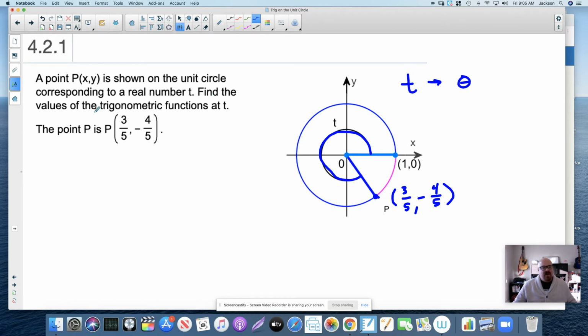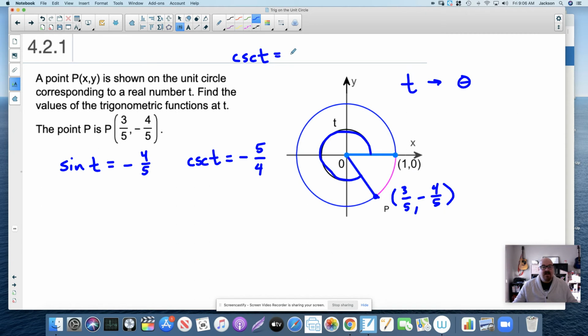So if we want to find the values of the trigonometric functions of t, this angle, we use the coordinates that fall on the unit circle for this angle, right? So you know that the sine of t is the y coordinate, which is -4/5, which means, and before we even go on, let's do cosecant, the reciprocal function, because all we have to do is flip this over to get cosecant, okay? Now, we're going to talk about some identities down the line where we want to say that